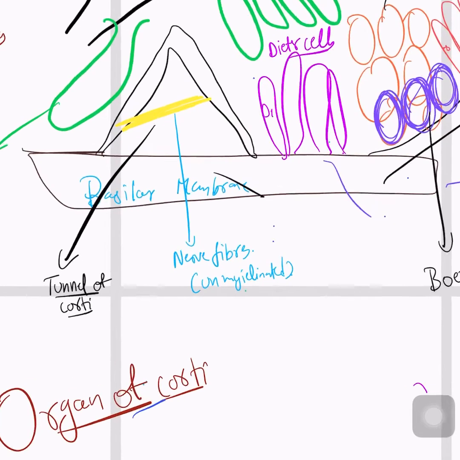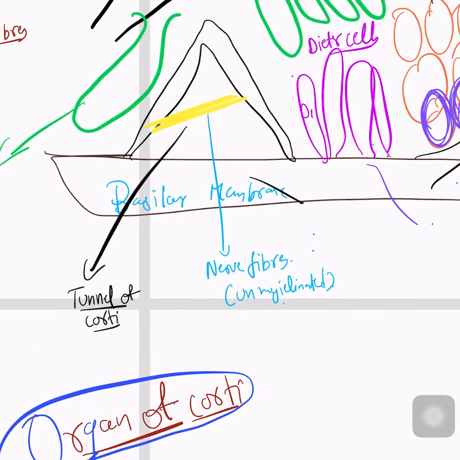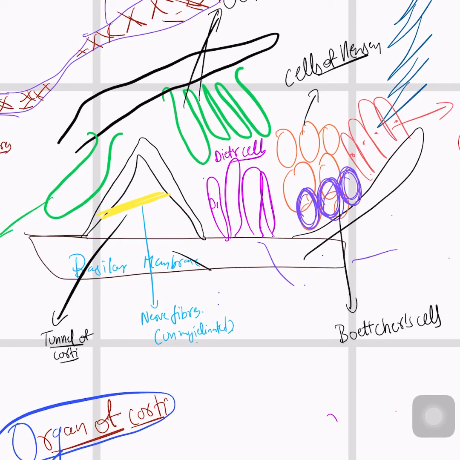So for today, the topic of study is the organ of Corti. To understand the organ of Corti, somebody would ask you where the organ of Corti is located. We would say it's on the basilar membrane. Here in the diagram, you can clearly see a flat base which is written as basilar membrane, and above that